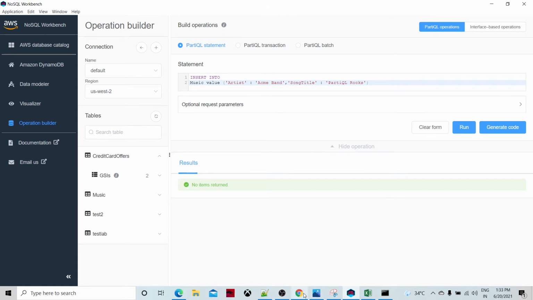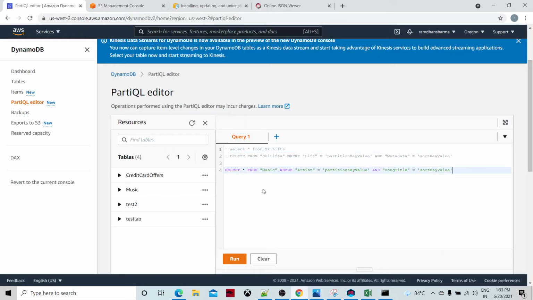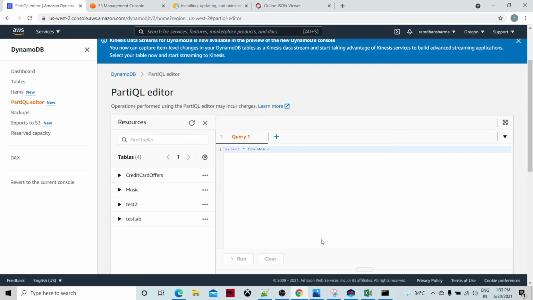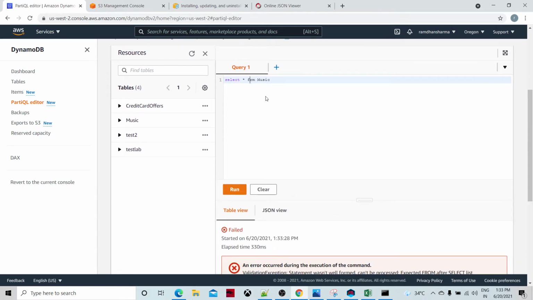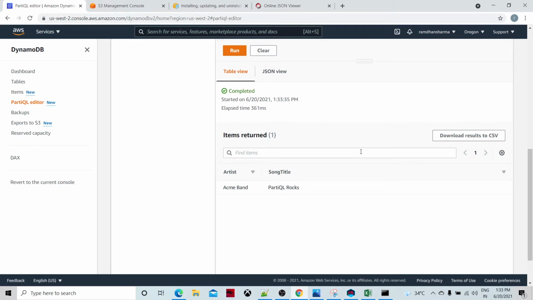Let's see a selection from here: select all from music. Okay, the statement is wrong. See, this has been inserted and the song title is displayed.